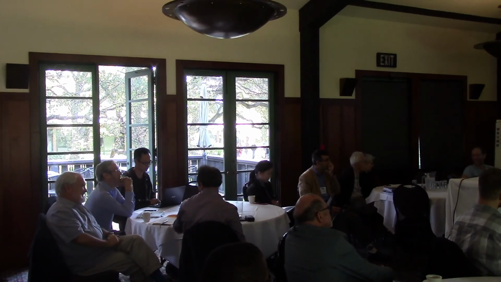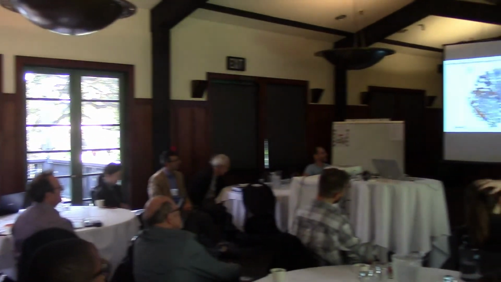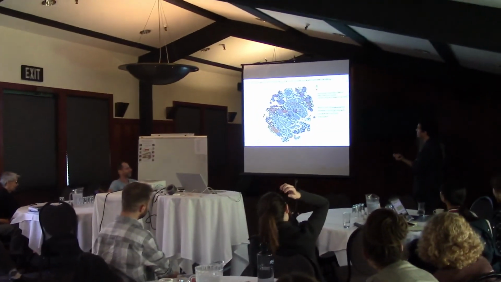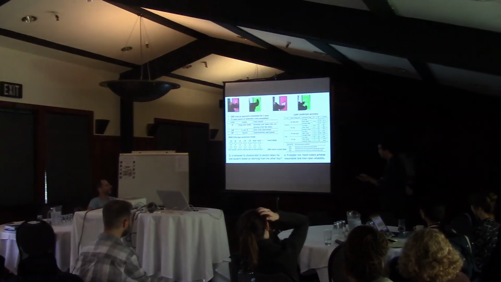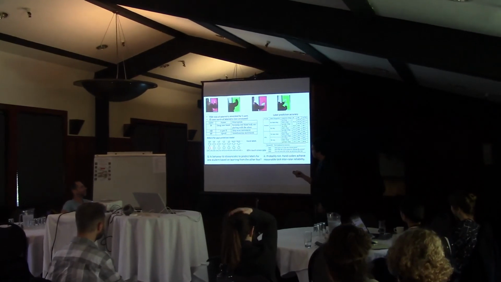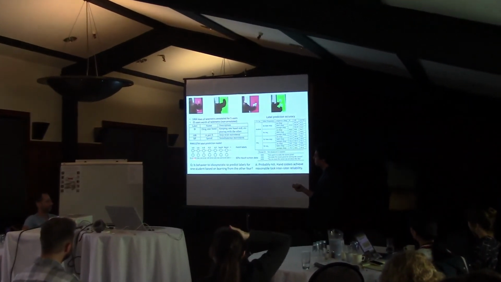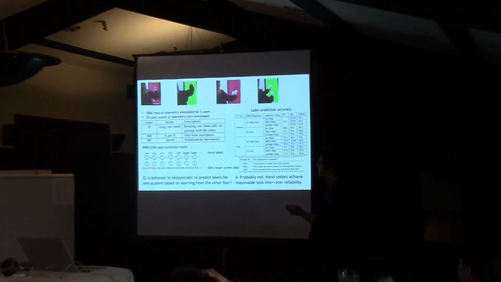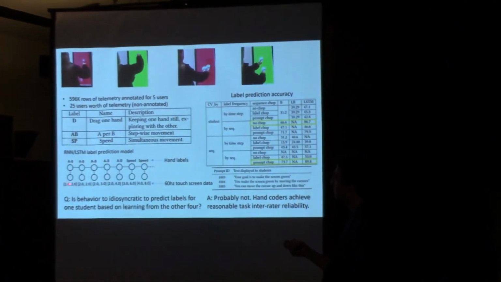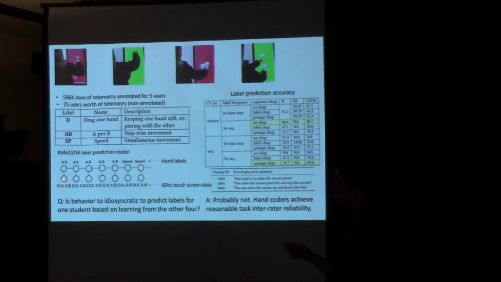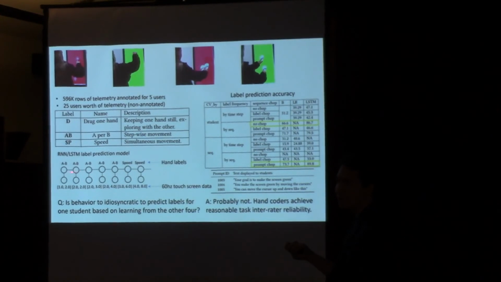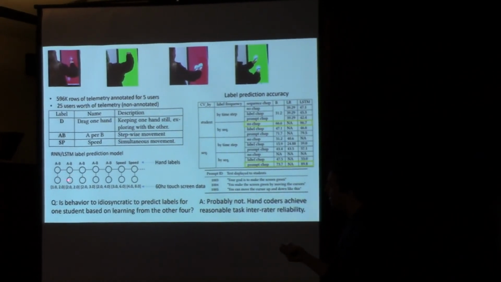Okay, sure. So let me go back to the RNN here. This neural network takes as input the touch screen data, and then that touch screen data gets embedded as a vector here, and that vector is used to predict the label. And then that vector essentially is kind of like a prior for the next step, right? Which gets added in with the embedding of this vector.